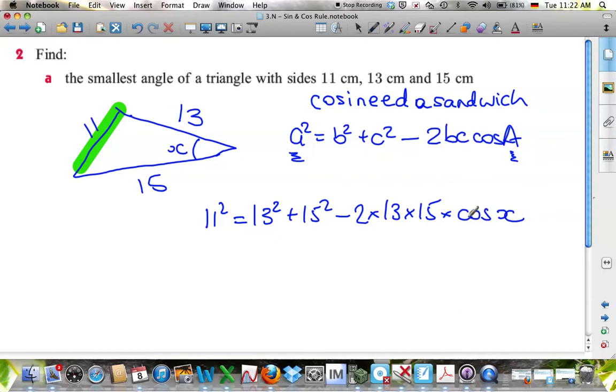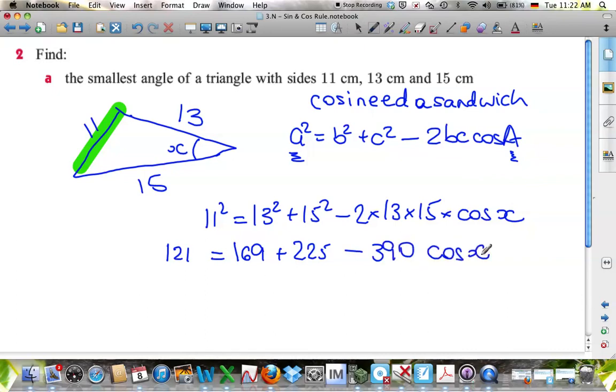Okay, now this one's a little bit harder because x is hidden within all of this. We need to somehow isolate it. So I think the easiest thing is to try and simplify this a little bit. So 11 squared is 121. This is 169. This is 225. And then 2, I'm doing this on my normal calculator, 2 times 13 times 15 is actually 390